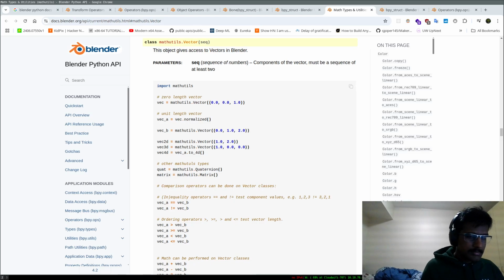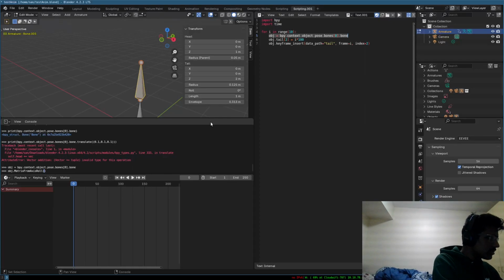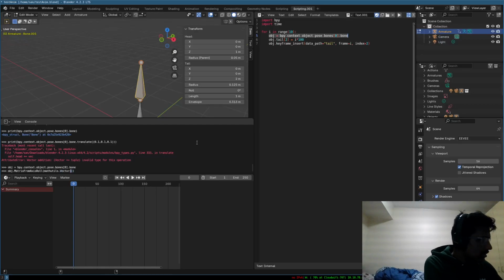I have to legitimately import mathutils. Okay. And I just pass it into, okay. Capital M, right? Okay. mathutils.Vector, and then it's